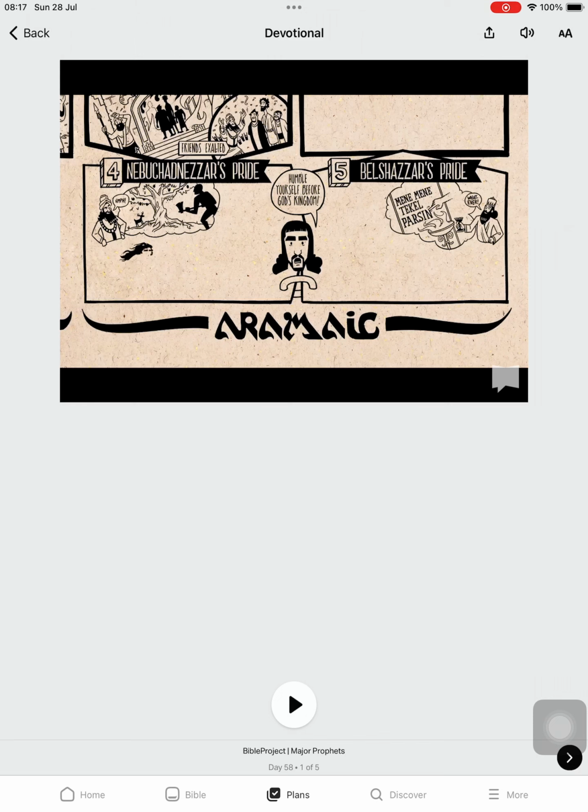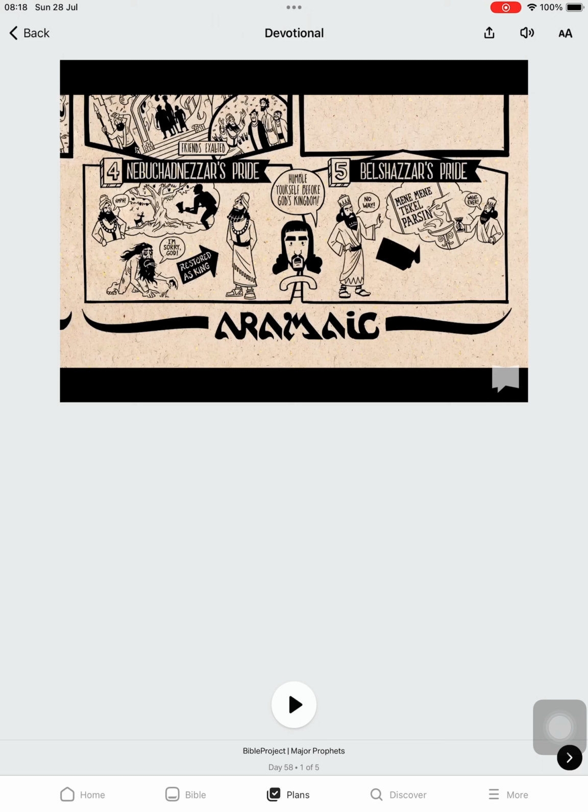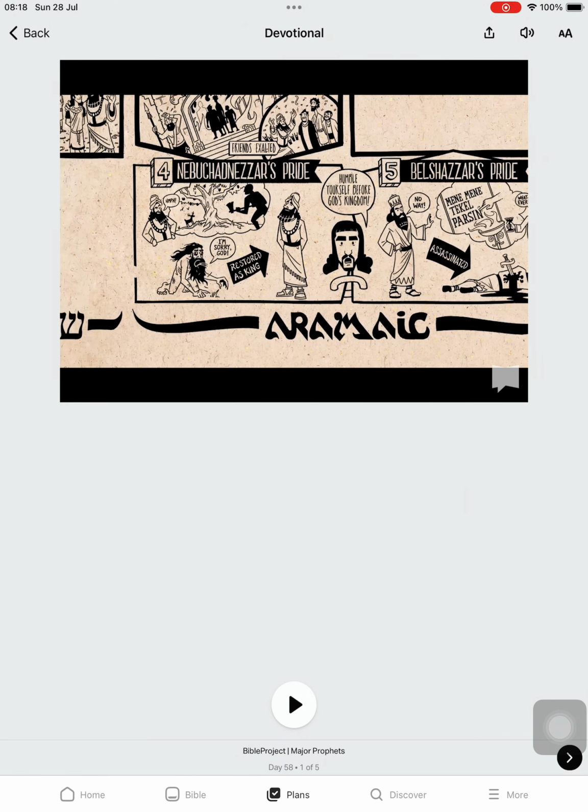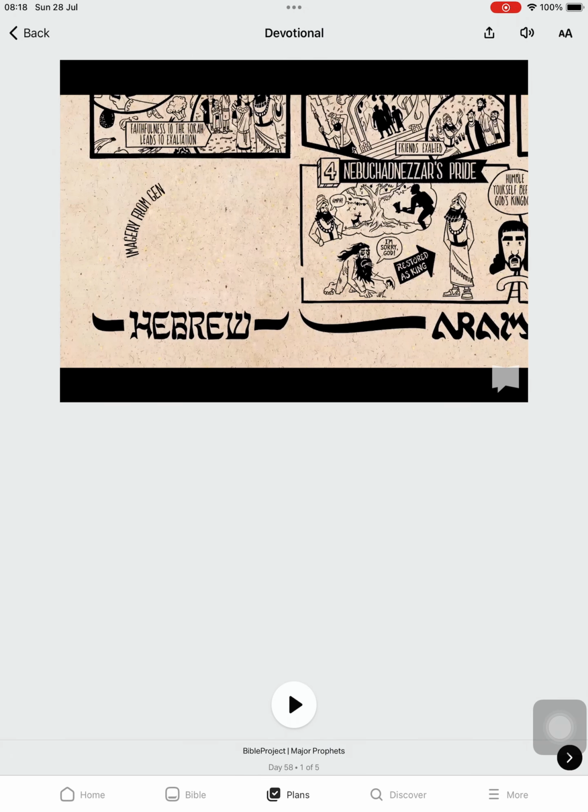So Nebuchadnezzar is stricken with madness. He becomes like a beast in the field. But then he humbles himself before God, and his humanity returns to him. He's restored as king. This is in contrast with his son, Belshazzar, who doesn't humble himself before God, and he's assassinated that very night. Now, these 2 stories draw this imagery from Genesis chapters 1 and 2 and Psalm 8,